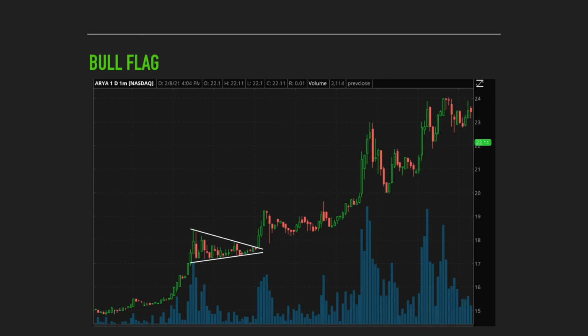So if you were watching this in real time and you decided to buy above that trendline support because you're expecting and anticipating a breakout of the bull flag pattern, at this point it's not going to yet be a confirmed bull flag pattern. So most likely you're going to have a little bit lower accuracy by buying before that pattern is confirmed. So in my opinion, your best bet is to simply wait for the pattern to completely form, wait for it to actually be confirmed by this breakout above that level of resistance, and then look to buy